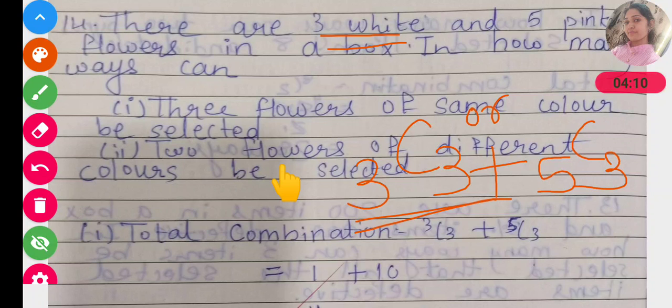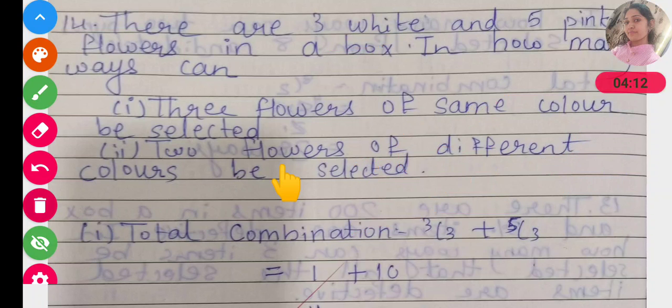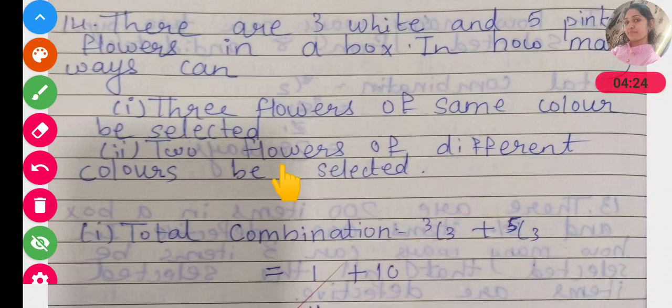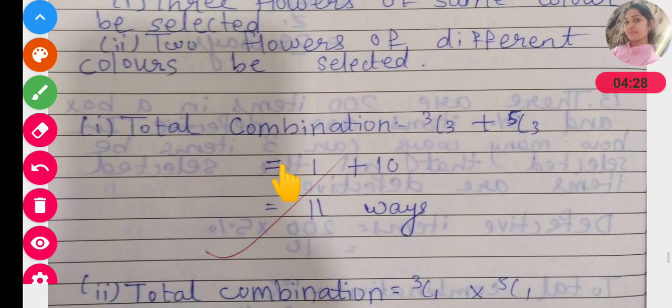So it is called 5C3. Now 3C3 means 1, and 5C3 means 5 into 4 into 3 upon 3 into 2 into 1. 3 cancels, 2 twos are 4, 5 twos are 10. So 5C3 is equal to 10. Now selection ways is 1 plus 10, a total of 11 ways.